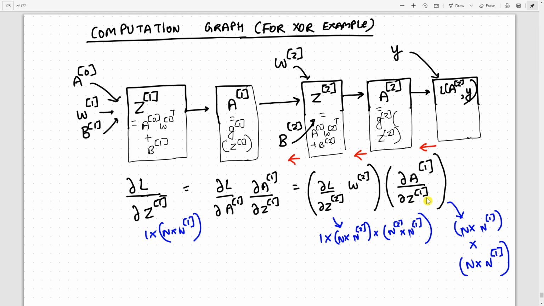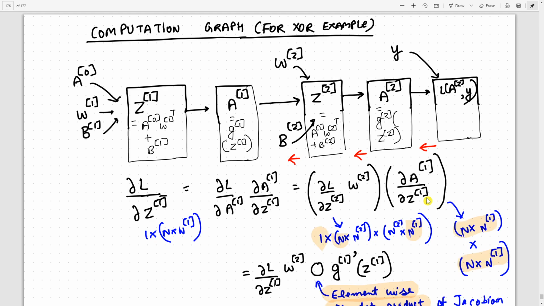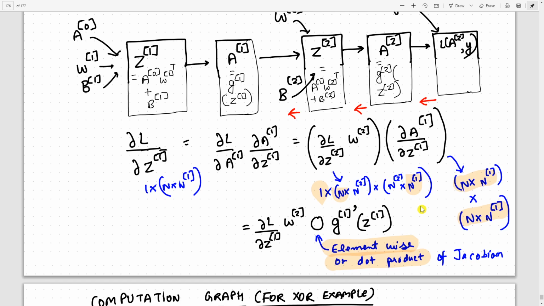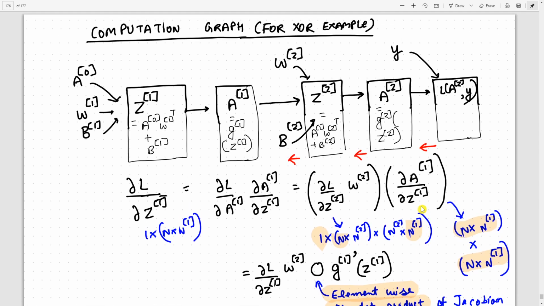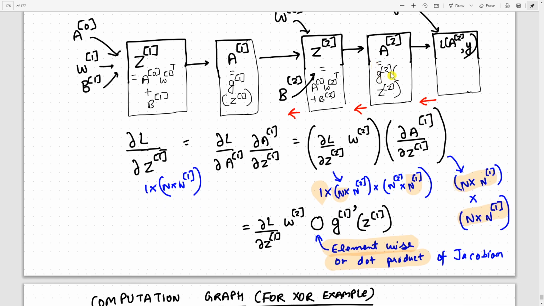Now we've previously done del A2 by del Z2. This is going to be fairly similar to that because the relationship between A2 and Z2 and A1 and Z1 is of the same functional form. It's just that particular sigmoid is applied over that. So if we just repeat what we had done earlier with respect to del A2 with respect to del Z2, take the lessons from there and apply it on del A1 by del Z1, and we just